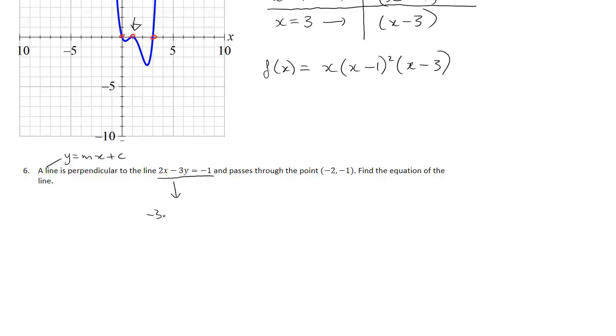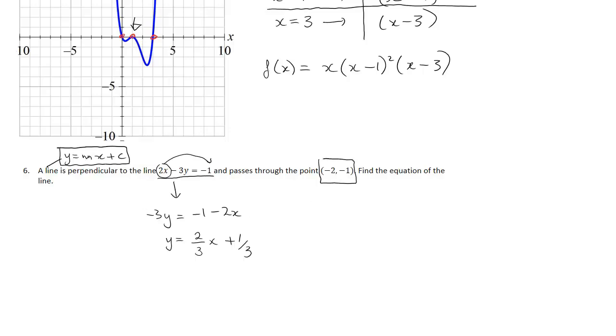So currently it's not, but slowly if we can move that term over to the other side, and then we can divide everything by -3, we get 2 over 3 x, and then plus 1 over 3. Okay, this is going to be quite an important line to use. And apparently this line,